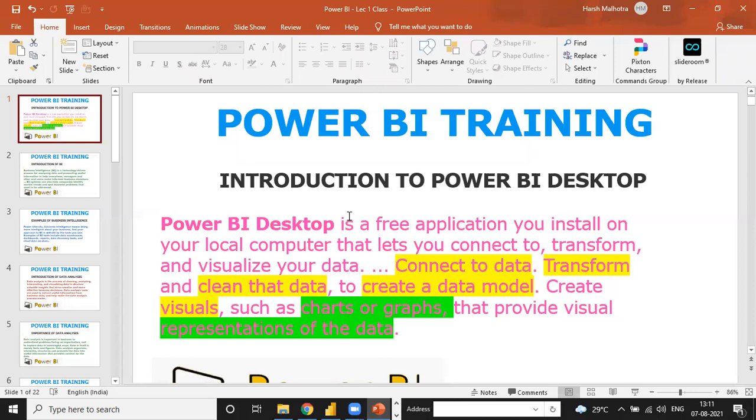Distribution, to whom to distribute. Suppose you are in the finance department, and you pull the report from the company server. In the server there are all types of data like financial, marketing, sales, IT, HR, and you make one main report for all the departments together. Power BI Service helps you so that only the financial report is shared with the financial person, the marketing report with the marketing department, the sales report with the sales department, and IT reports only with the IT department.